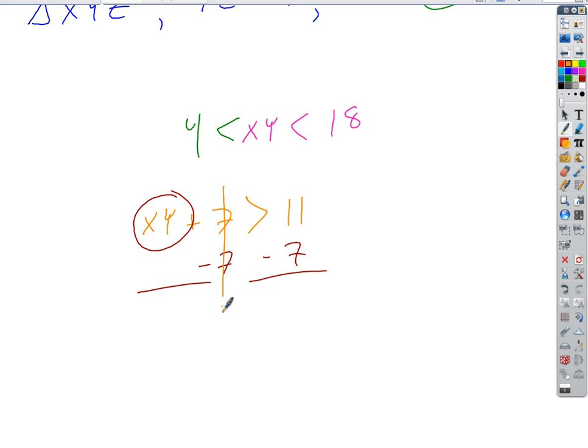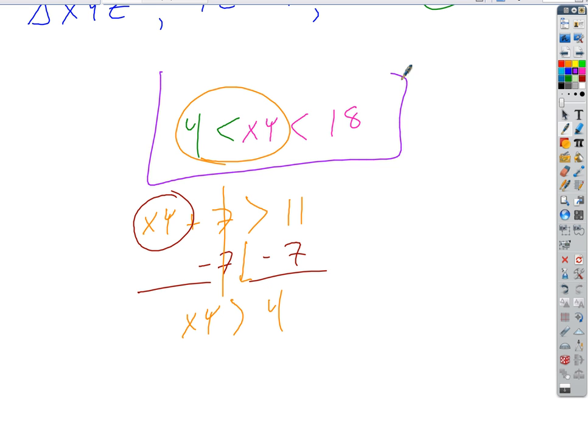But we end up with the result then, xy is greater than 11 minus 7, which is 4. Well, isn't that what we got right there? Okay, you see that? See what we did is we just combined two things. We said, on the one hand, xy has to be less than 18. On the other hand, xy has to be greater than 4. So we're going to write those as a compound inequality, right? If we take that whole thing, that's what we call a compound inequality,